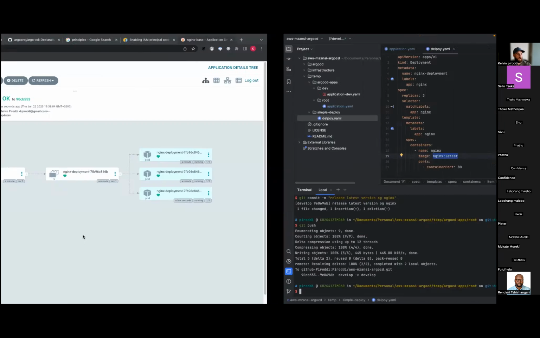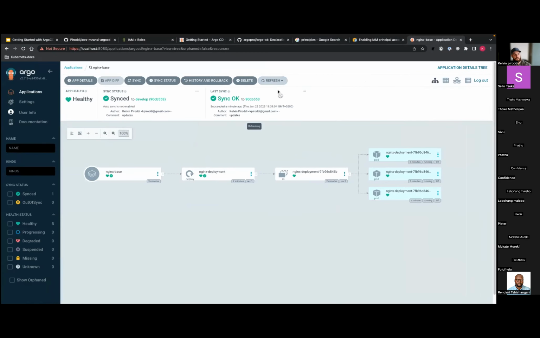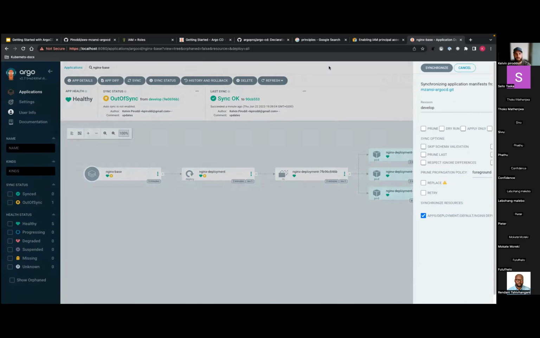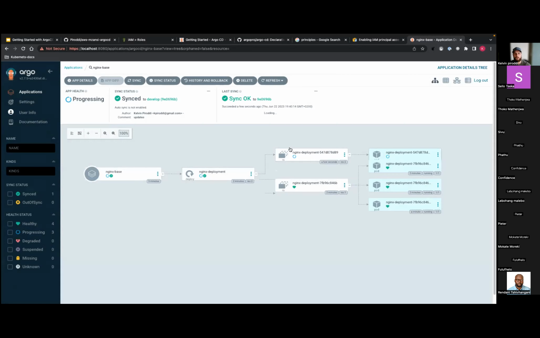I've pushed it. ArgoCD, if I refresh, because by default, remember I said, it checks every 120 seconds. I don't have any webhooks configured. But if you hit refresh, you just tell the repo server, hey, go to Git and check if there are any changes. You're almost forcing a reconcile. And in this case, we do. You'll say, hey, I've deployed this version, but Git says I want this version. And then you hit sync. And that's how you deploy a new version of your application.